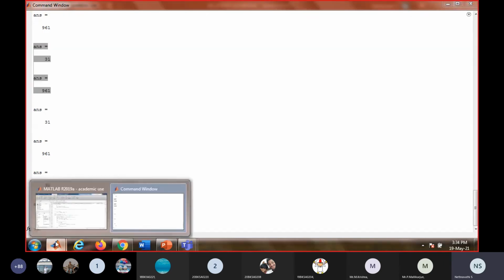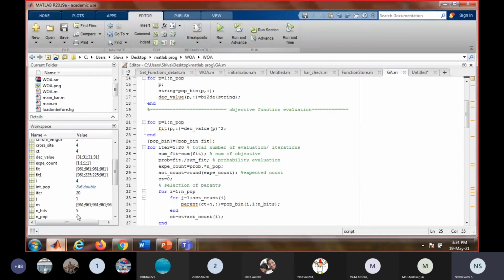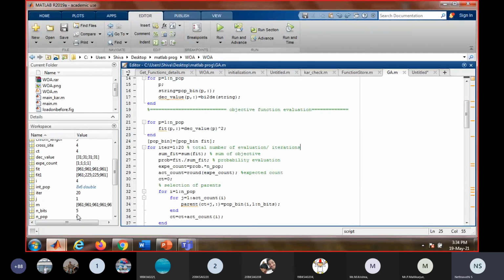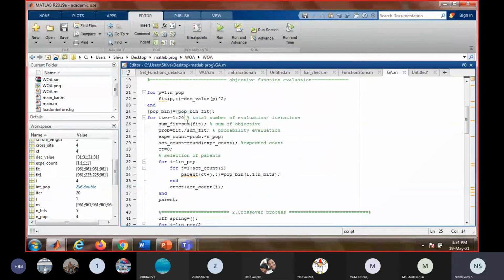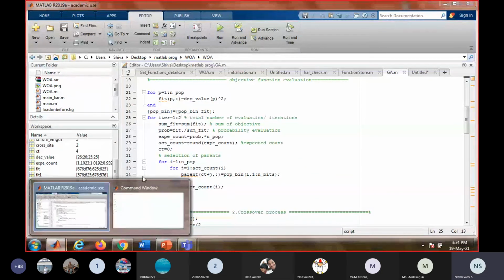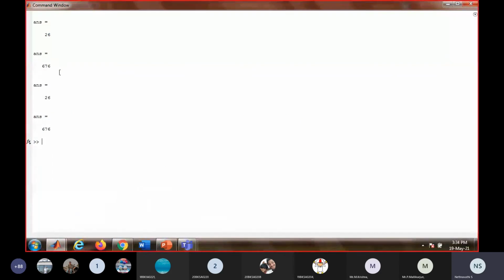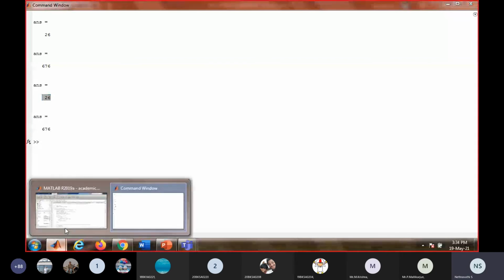So we can try reducing the number of iterations. If we put it as 2, you can see it won't reach the optimum value. At the end of 2 iterations, it has reached a value of 26 only. So 2 is too few for the algorithm to converge.